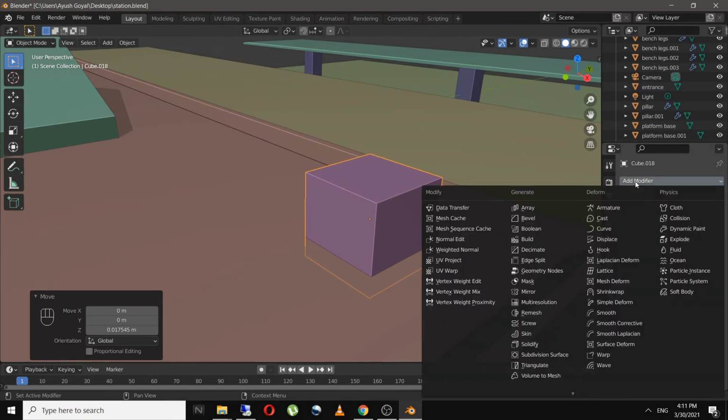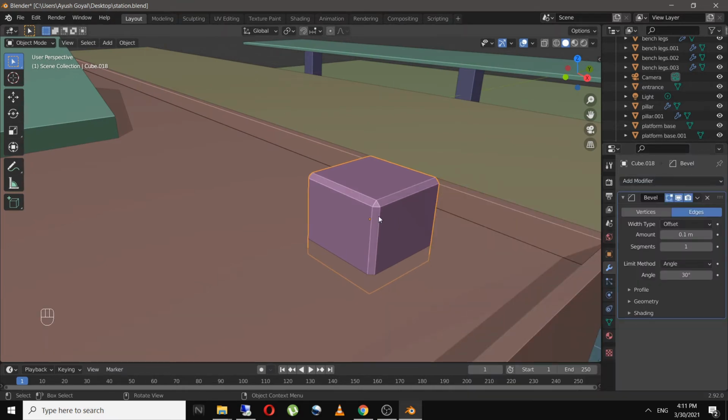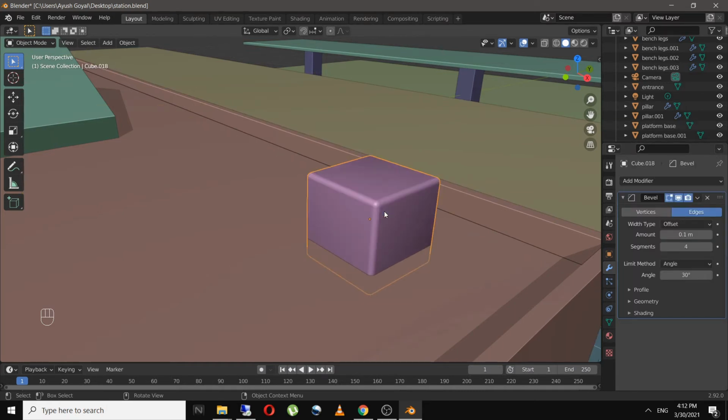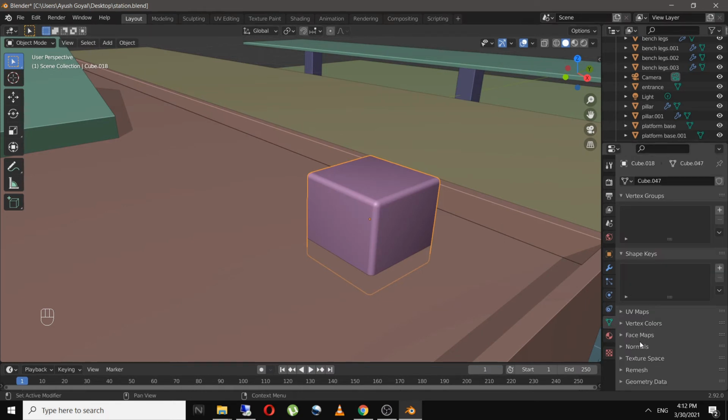And I will add in a bevel modifier to it to give the edge more smoothness. If you increase the segments, the smoothness will increase. You can play with the settings however you want, and you can shade smooth it, and in here we can enable the auto smooth.